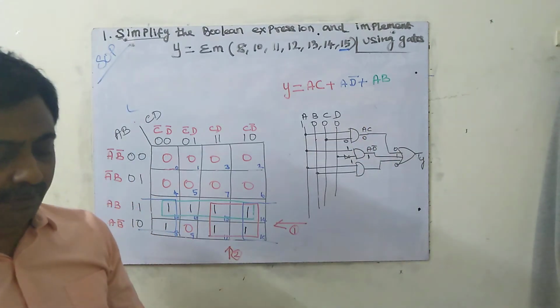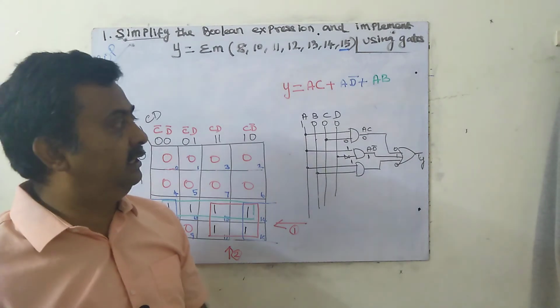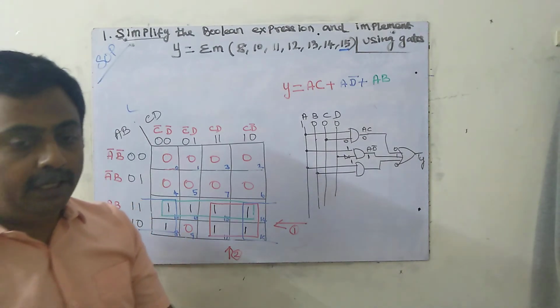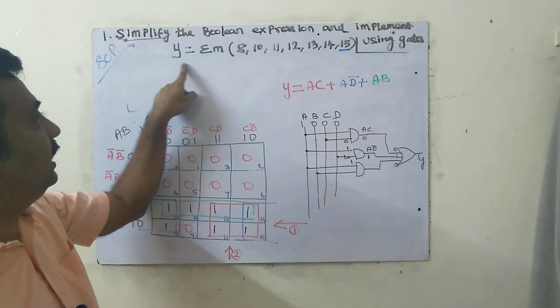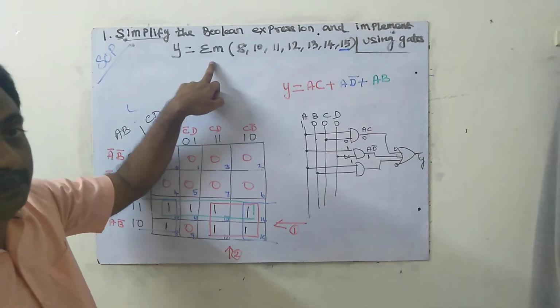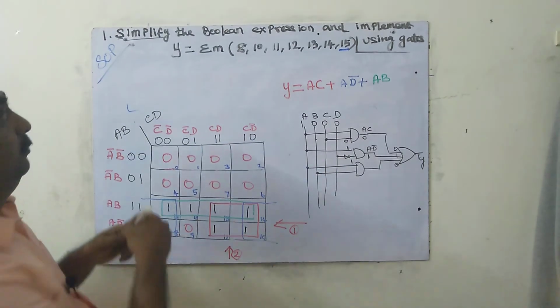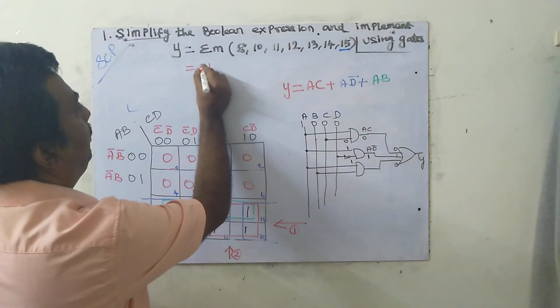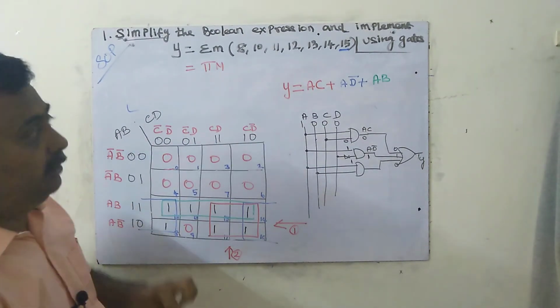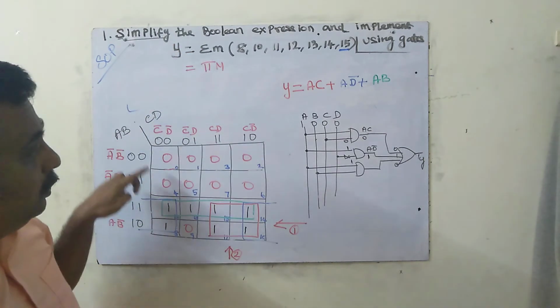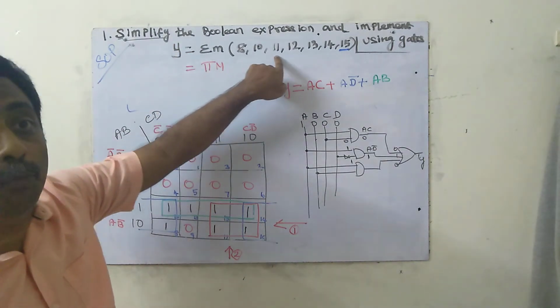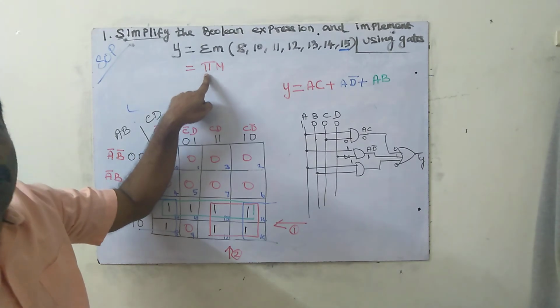In the Quine-McCluskey method, we will get the simplified equation. This is the method. So what are the things here? The first thing we have to check is whether it is min term or max term. If it is sigma, it is min term. Next, pi, capital M, means max term. If it is min term, at this location we have to put 1. If it is max term, we have to put 0.